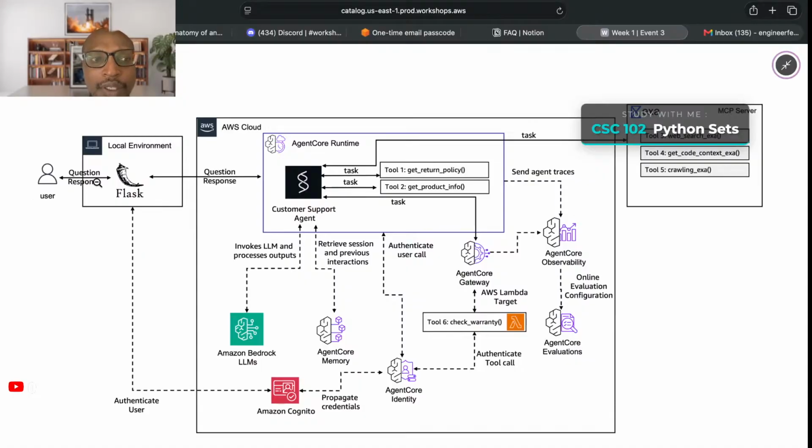So we have a user sends a question using the Docker environment there. The question response goes to the Amazon AgentCore runtime, and then we have several tasks, and these customer support agents talk to Amazon Bedrock LLM. We have AgentCore Memory, then we have AgentCore Identity,